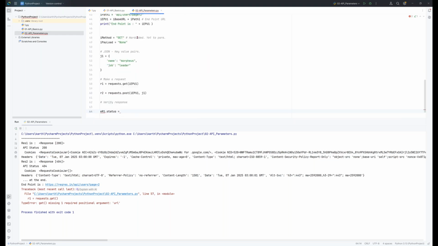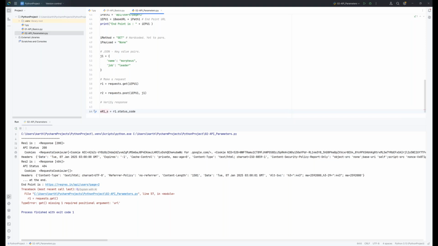I don't know the type, for example, we are not aware what's coming back. That is fine. For now, I'll just say R1 dot status underscore code. ER1 dot status is a problem, I can't say that, it's not a Python thing. I can say underscore status,